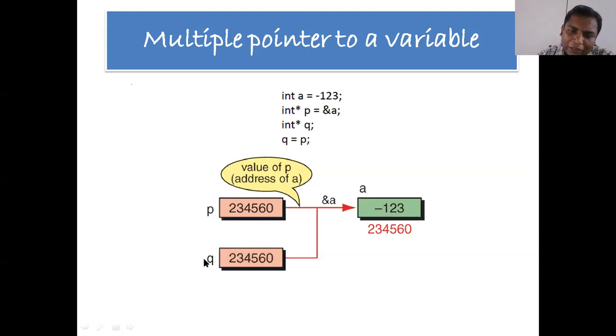This q will hold the value 234560, which means it is holding the same memory location, so it will point to the same variable a.